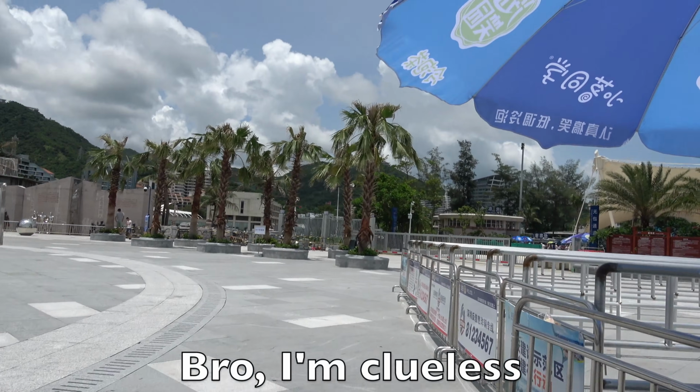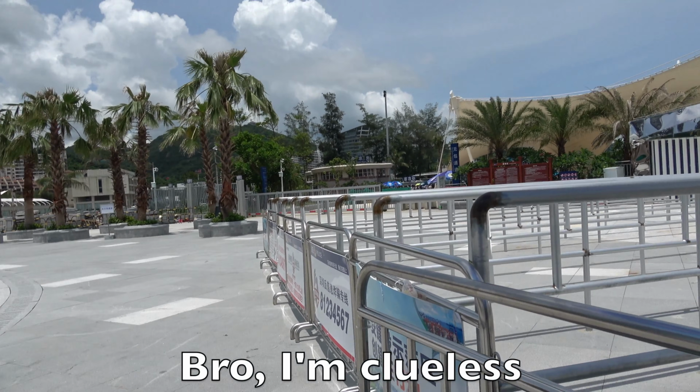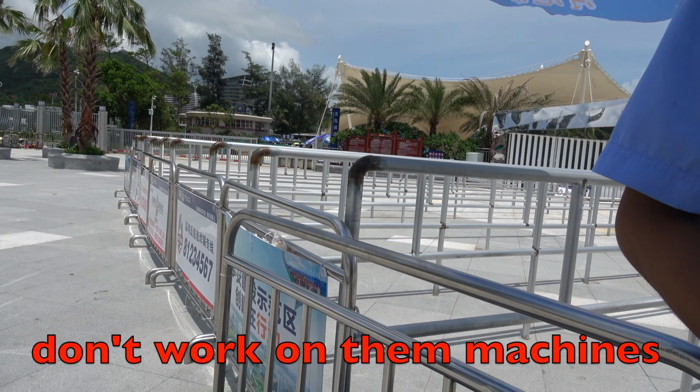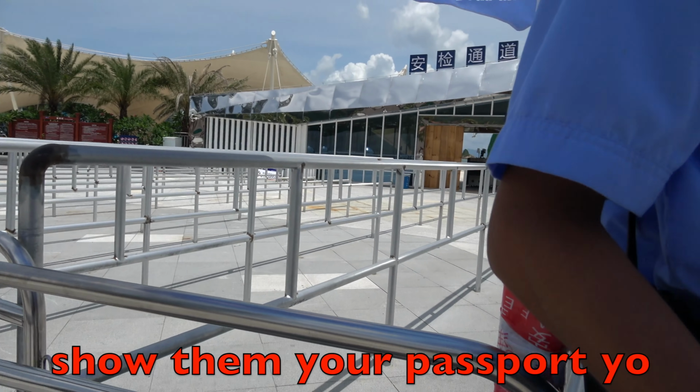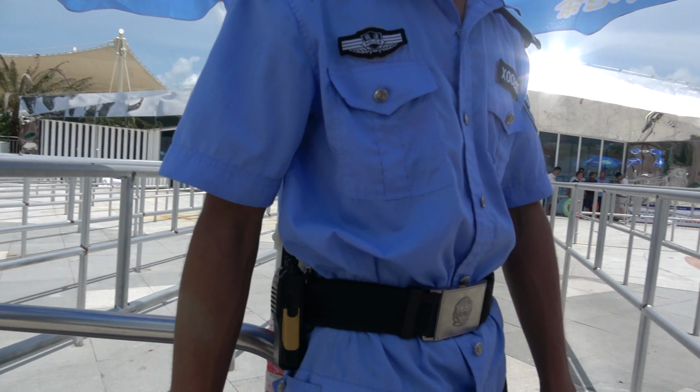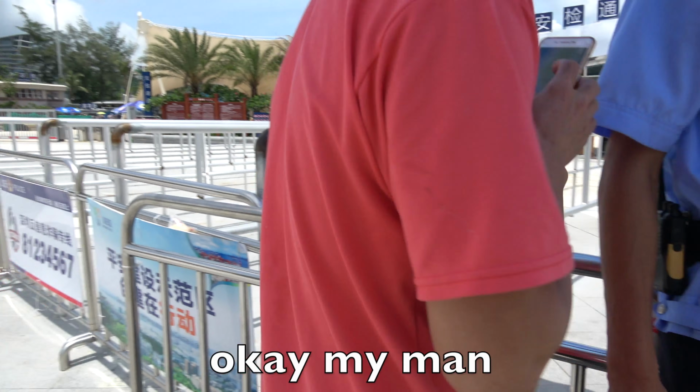So I'm going to go and talk to the security here and see if it's at all possible for me to go in. 你好，我不知道怎么用这个东西。 是外国的那个英语在这里搞不了是吧？ 对。 那你就拿你的那个证件啊，给他看一下，给你过去。 好了，谢谢。 Okay, so apparently he wants me to show my passport, which I didn't